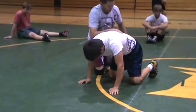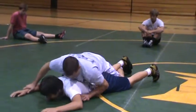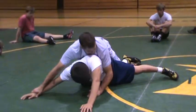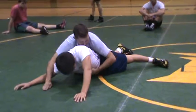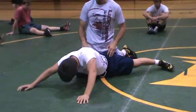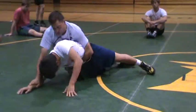So I have that ankle hook, he's flat. I'm riding the side, he starts to work up. Watch as he pushes up. I tight waist, he opens that up from this position. He's trying to slide, he tight waist, I bring my knee all the way up. My hips need to be on top of his hips to get pressure. I tight waist, I drive over that wrist,